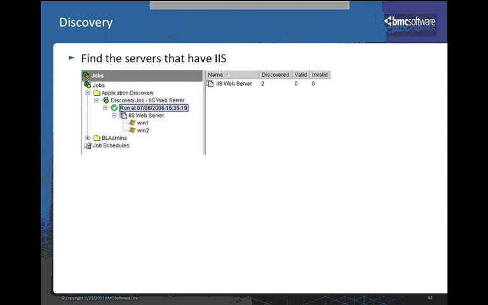Now, when it comes to discovery, let's say we've gone through and defined all our conditions, all the things we want to include in our policy. Now we want to go out and say, okay, where are the servers that have IIS? So this is the action of running this discovery job. We run it against our group of servers, and it comes back and finds all the servers that have IIS installed according to the conditions in our discovery